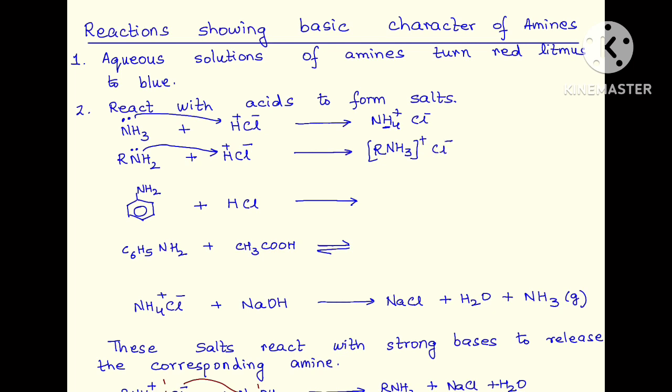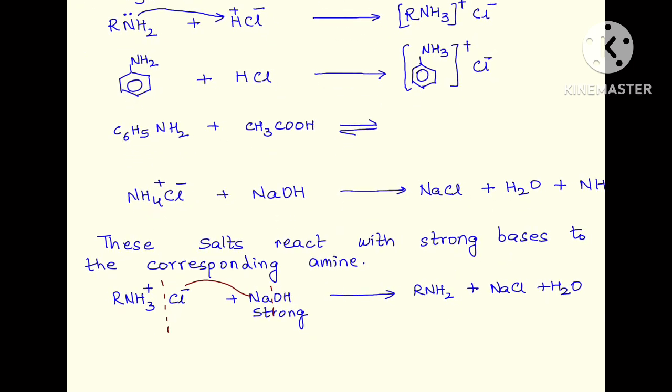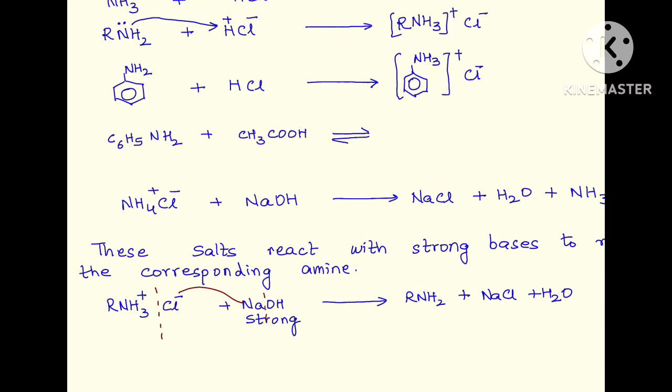Similarly, try completing this reaction. So from aniline, it is going to form the anilinium ion chloride. Same way, aniline with acetic acid. Now here you see this is a weak acid, unlike HCl, which is a strong mineral acid. So I can also write it as C6H5NH3 positive. Is that right? How do we know that? This is negative, this is positive. This is the lone pair of electrons on it. And then